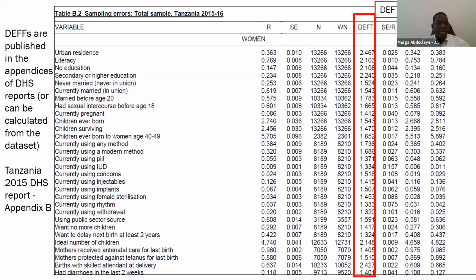But very frequently, the indicator that you want may not be in the table, but you can use a similar indicator or use the average from similar indicators. And also, you can compute your design effect using the raw dataset to get it for your indicator and also for the specific area you are interested in. And it's also recommended